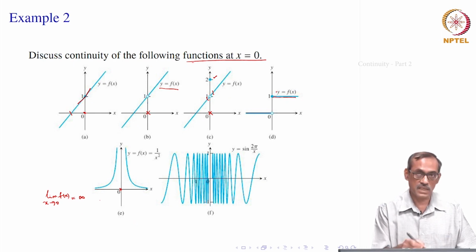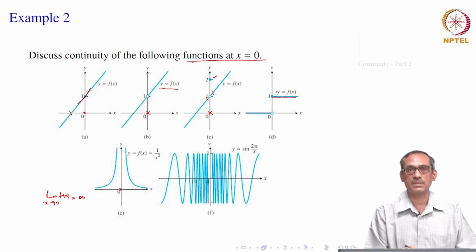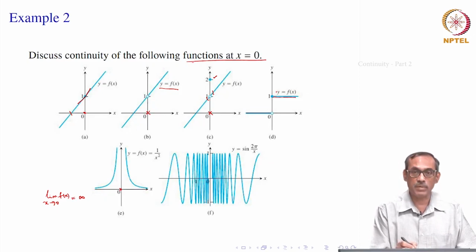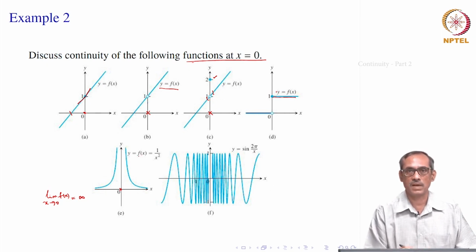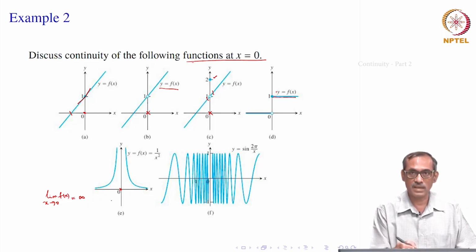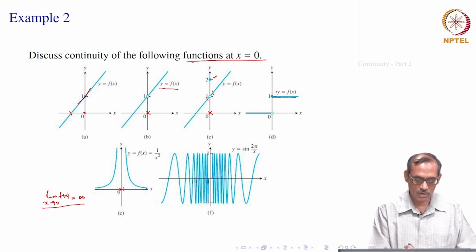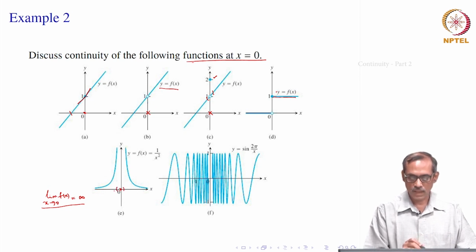Of course, you cannot redefine it. You cannot say that f of 0 equal to 5, so that the function would become continuous, because the limit is equal to infinity. And we cannot say that f of 0 equal to infinity, that will not define a function, because infinity is not a real number. So, we cannot do anything, right. We cannot redefine at 0 to make it continuous, because the limit is equal to infinity. The function becomes unbounded in a neighborhood of 0. That is what the fifth case is.